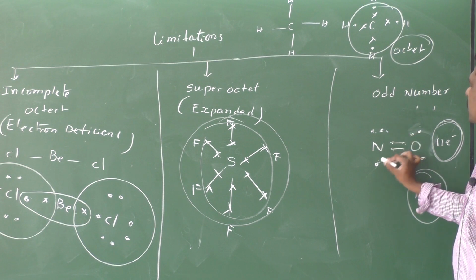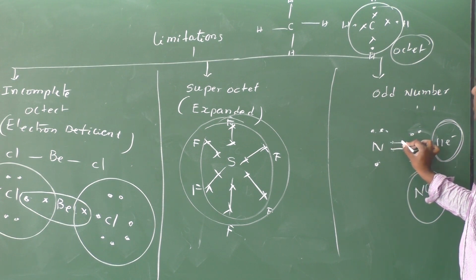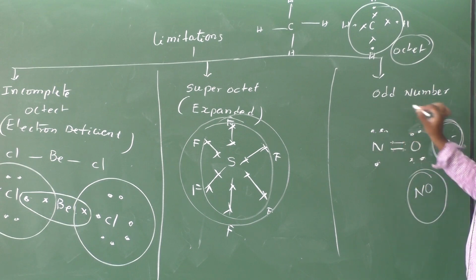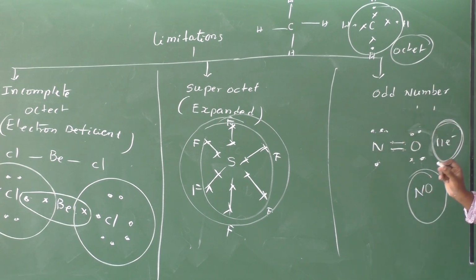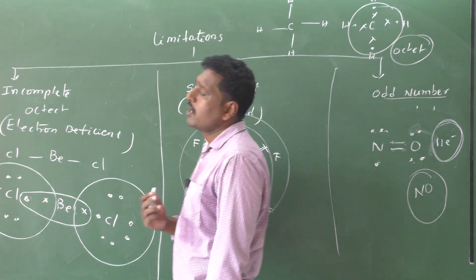Like not 1, 2, 3, 4, 5, 6, 7. 1, 2, 3, 4. 1, 2, 3, 4, 5, 6, 7 only. When you observe, odd number means 8 means even number. But they also exist. They are stable. The best example is NO. So these are the limitations